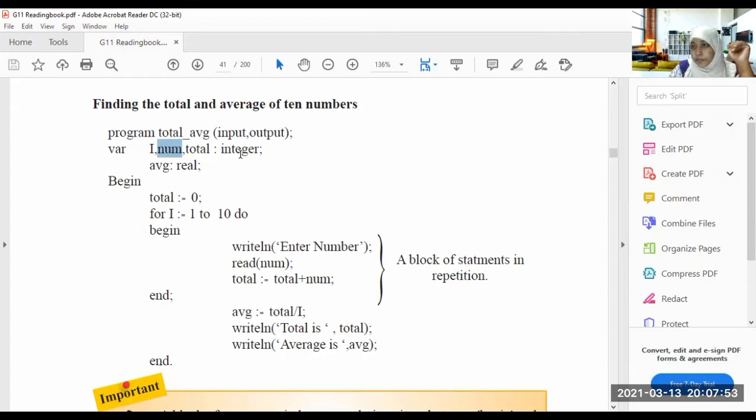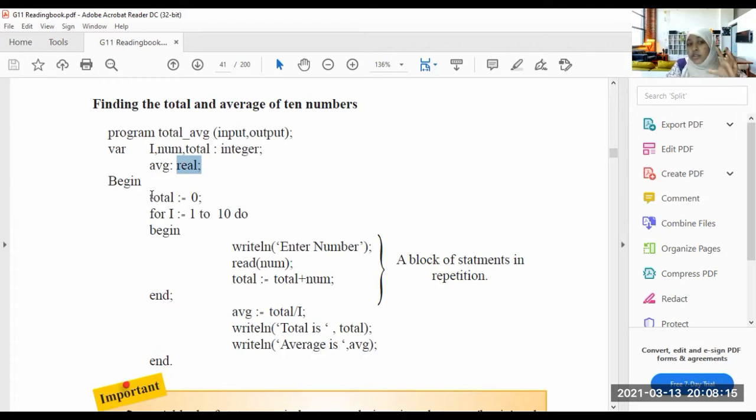These are integer. There is an average. It is also a variable and it is real. Begin.